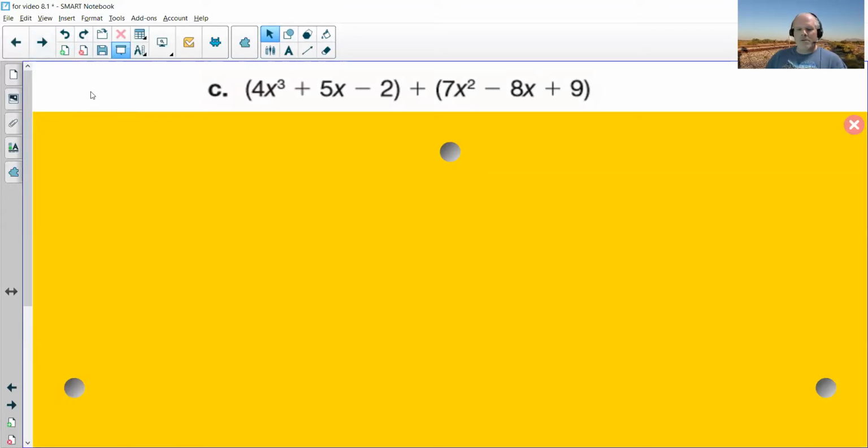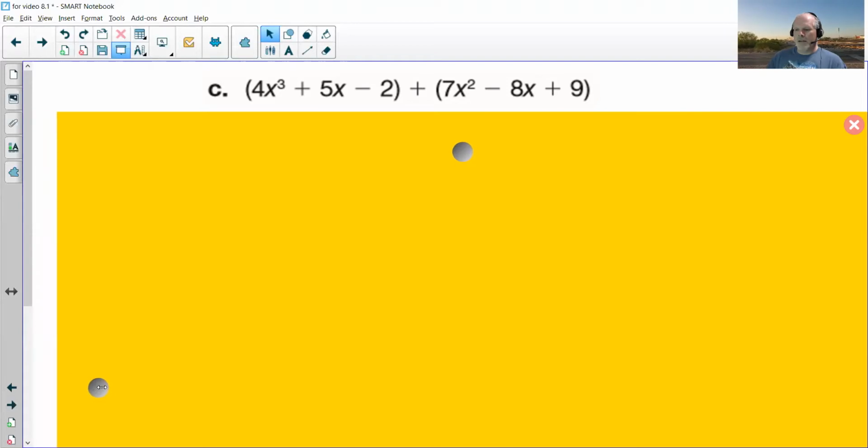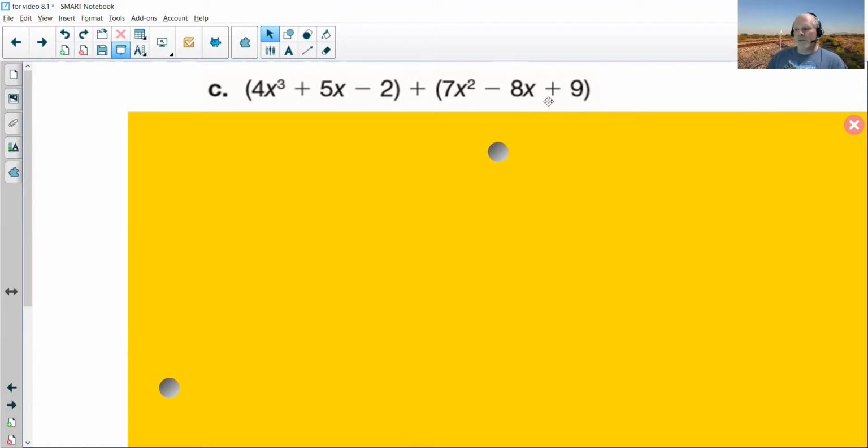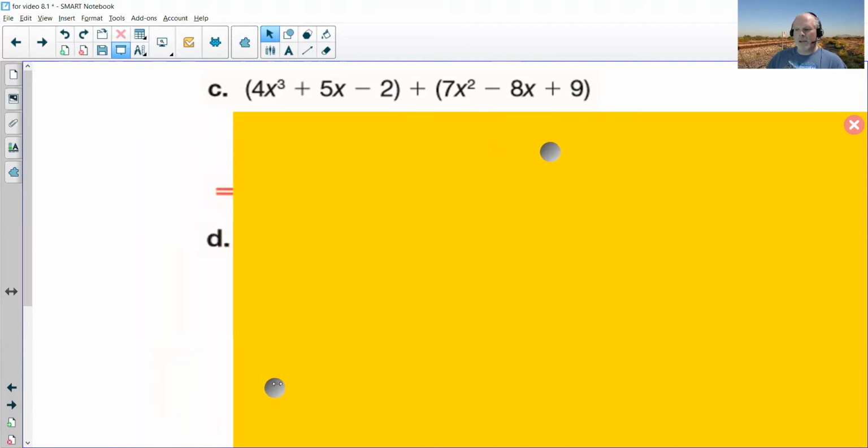So now on to the arithmetic that we can do with polynomials. As you can see here, we have 2 trinomials added together. The way this works is I combine like terms just like we've been doing for quite some time. So I look in my terms and I see that I have a 4x cubed, but I don't have any other cube term. So therefore, my answer will begin with,